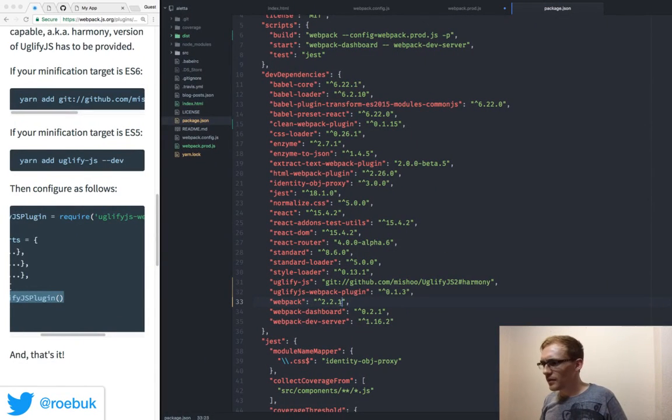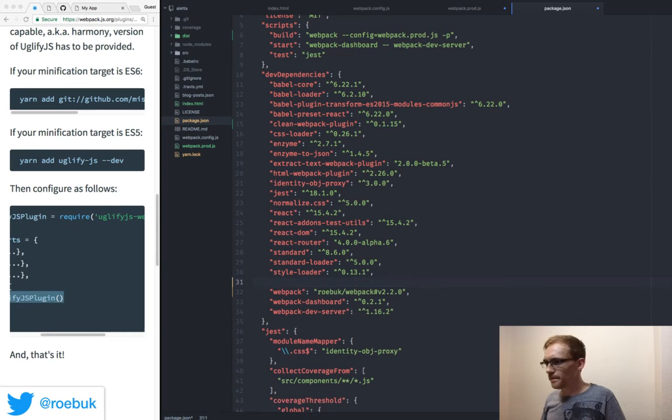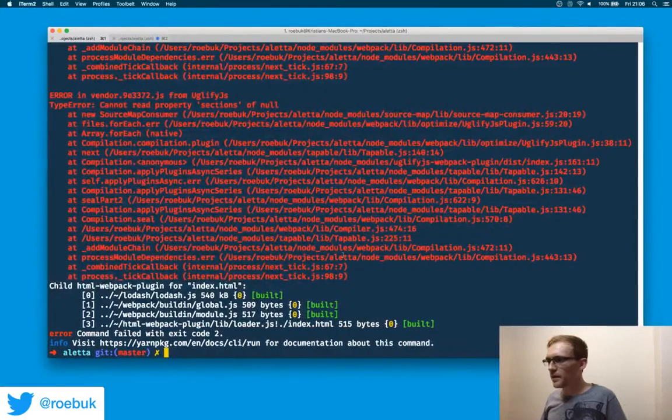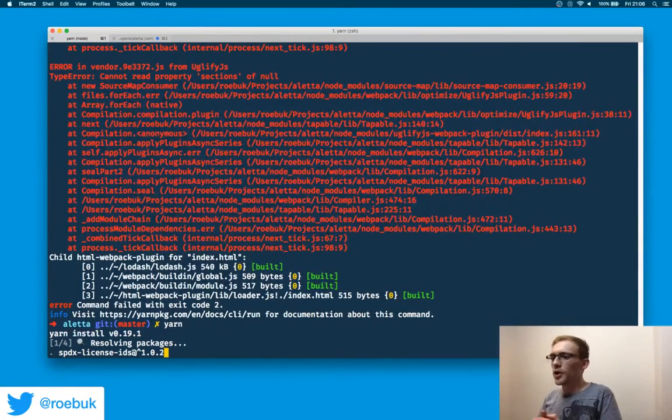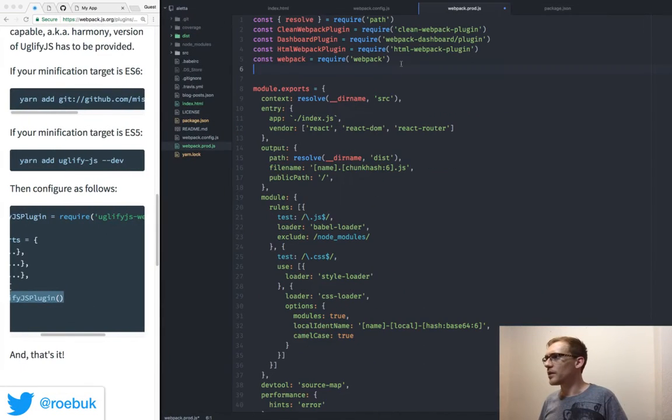Cool. So, instead of that specific version here, I'm just going to point it to an old little friend of mine. Webpack hash version 2.2. Cool. And I can remove both of those now. Let's give this a go. Let's just make sure we install those packages, clean the old packages up that I removed. And actually, within our